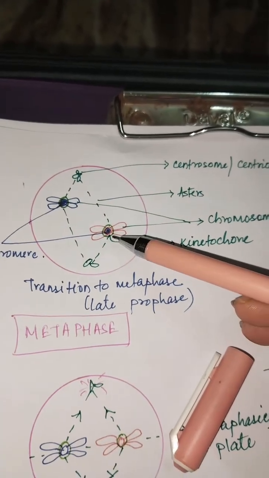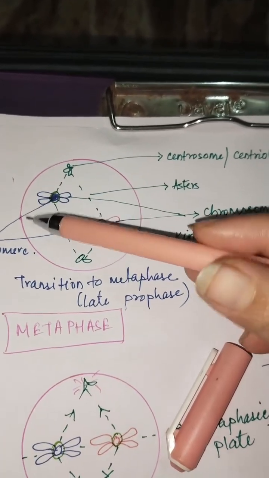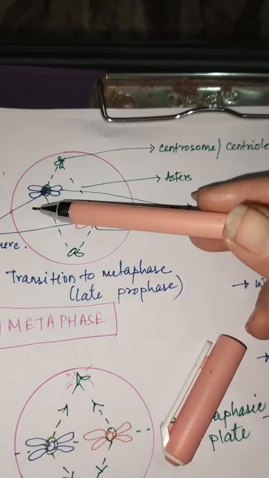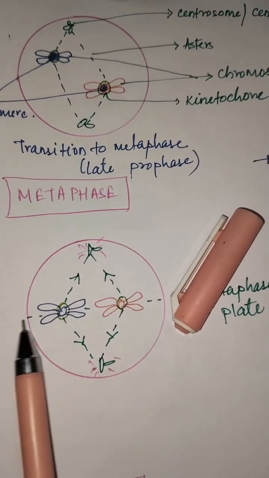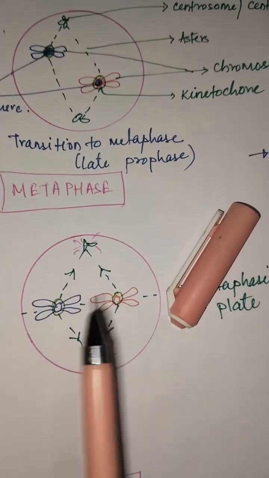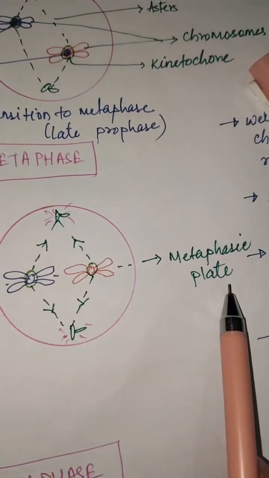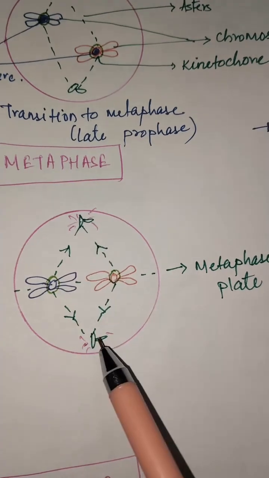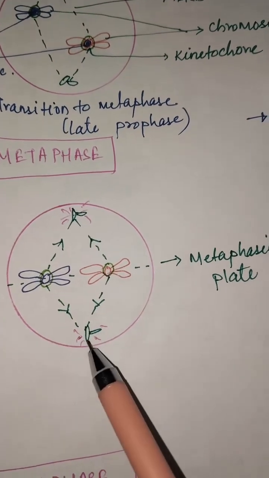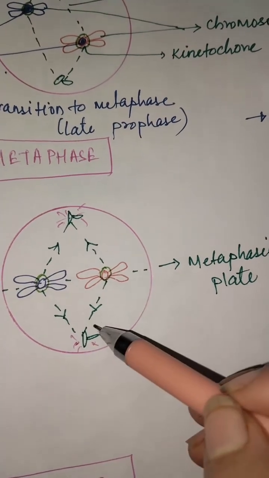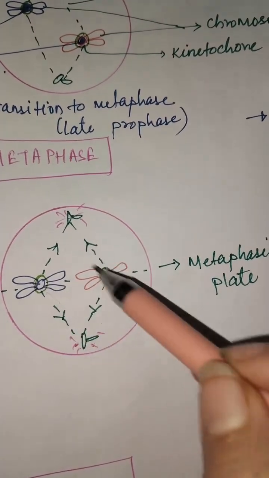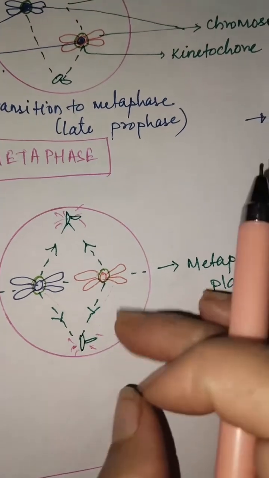See how the chromosomes are slowly and steadily moving into the middle, into this equatorial line. Now in metaphase we see they have moved into this equatorial line or middle plate, forming the metaphasic plate, and this is the most important, significant point in the metaphase. Now see, these asters form a star-like structure in the centrosomes or the centrioles, and they are radiating these microtubules, and now they are trying to